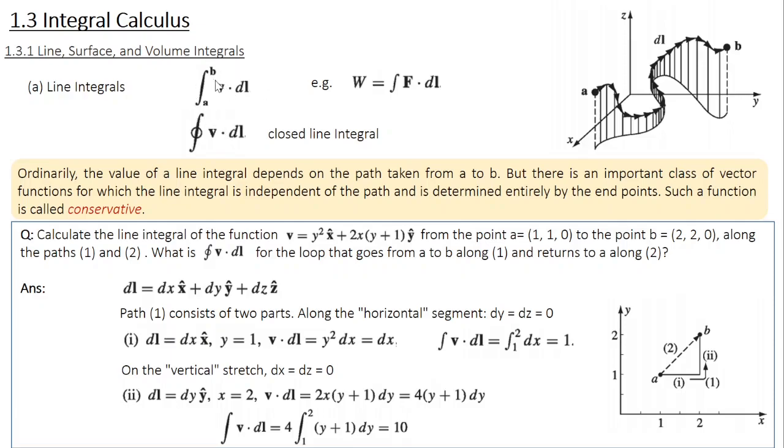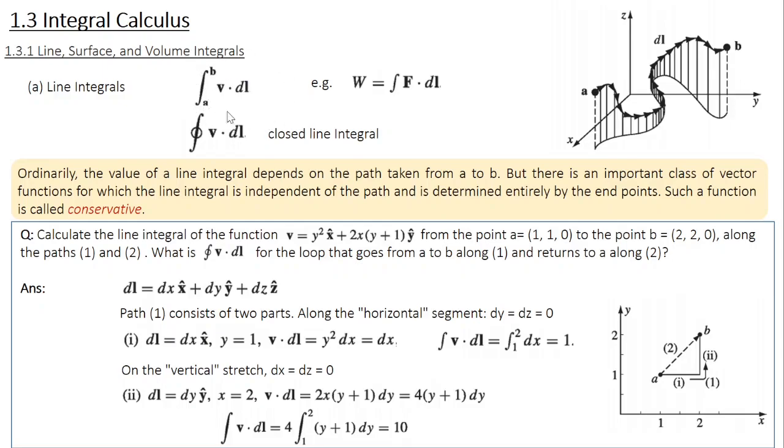Now, what's the meaning of this integral? At every point, you are calculating the product of the function, represented by this vertical line, and the displacement to the nearest point, which is this horizontal line. If you take the product of these two, you get the area of this interval. So you calculate the area of the first interval, the area of the second interval, and so on. Finally, you add up all these individual areas. As you can make out, this will give you the total area under this curve. So a line integral is nothing but the total area under the function.